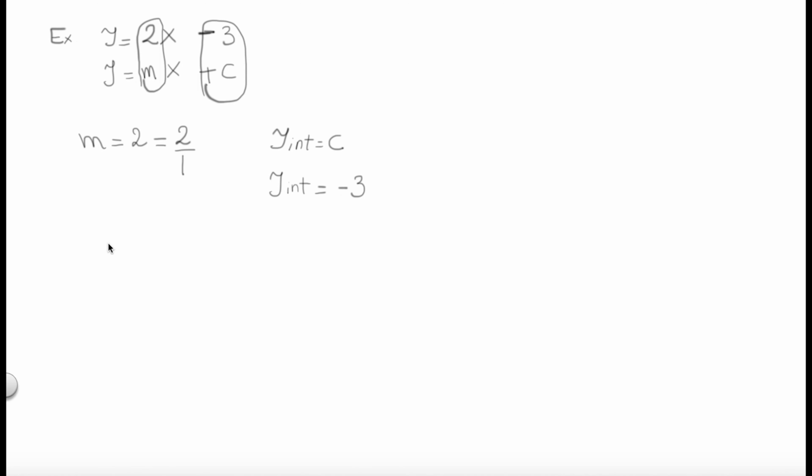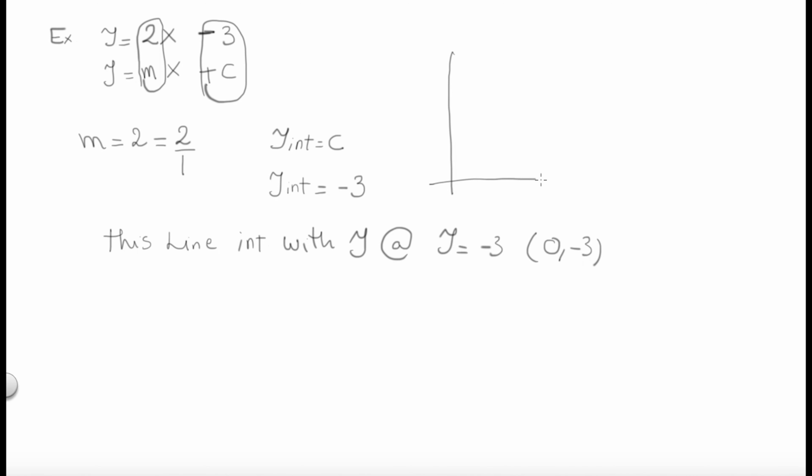That means this line intercepts with the y coordinate at y equal -3, or more specifically at the point 0 and -3. Okay, so if we want to draw this equation